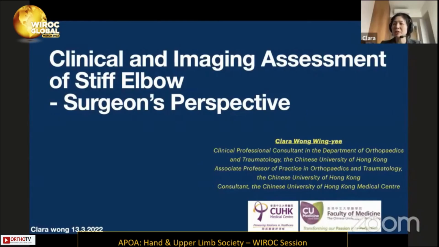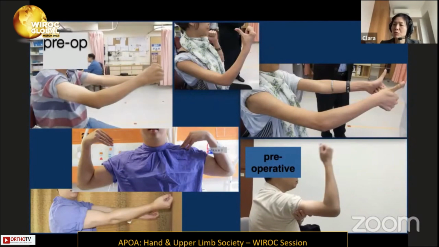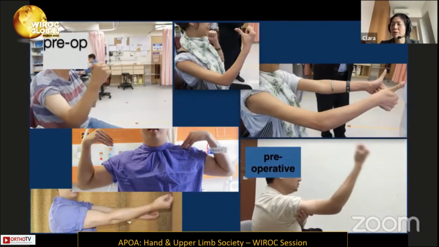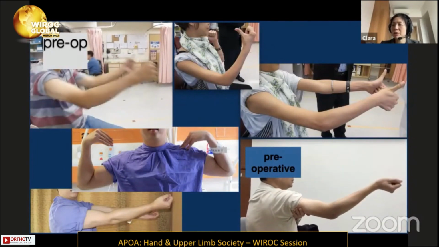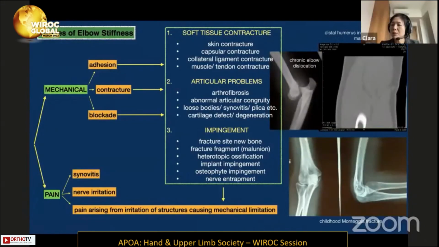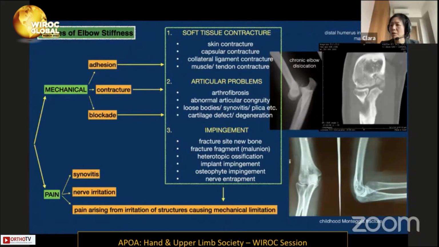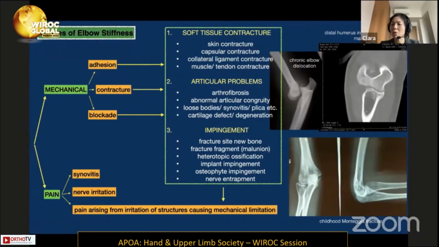In my presentation, I would like to talk about the clinical and imaging assessment of stiff elbow, a surgeon's perspective. No matter whether it's due to post-traumatic, degenerative, or inflammatory causes, elbow stiffness is a common problem and can be very disabling. Elbow stiffness can be caused by mechanical adhesion, contracture, or blockade, or due to pain, or the combination of